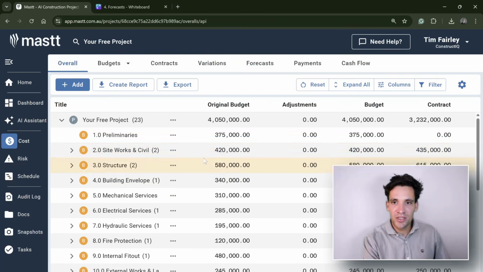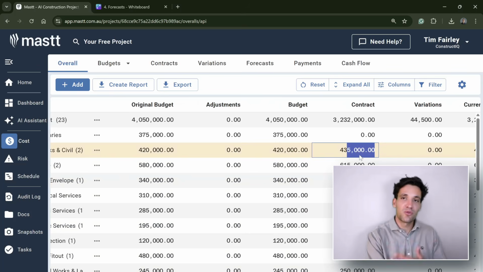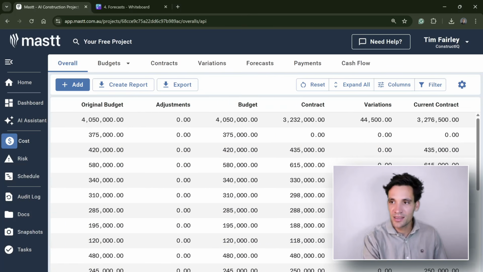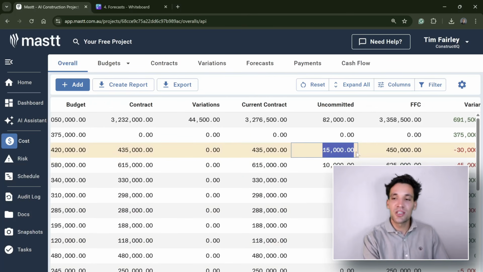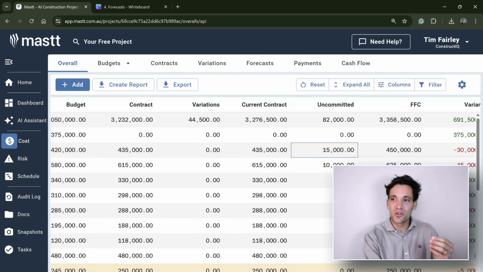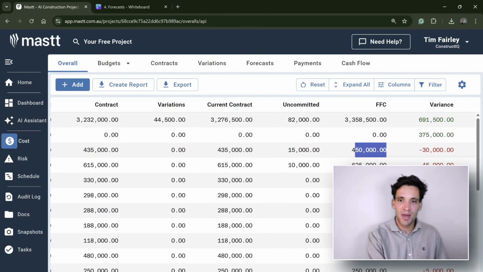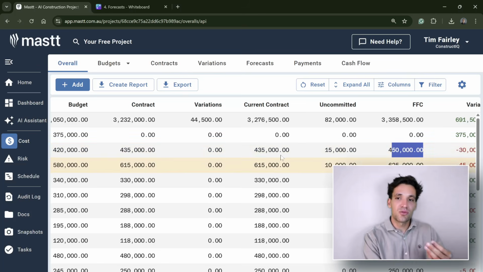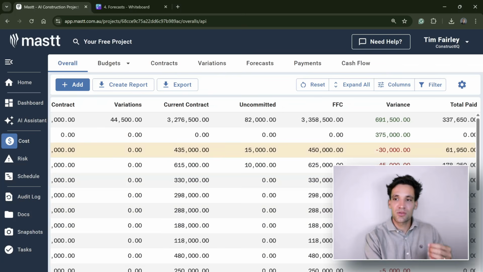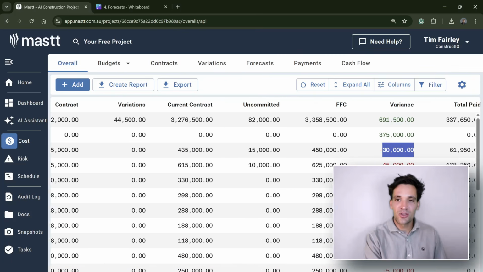And now if I look at my budget for site and civil works, we've got our original budget. We've got the contract value we let, which is $435,000. And then we should have gone through and reallocated budget based on our actual contracts. And then we have this uncommitted cost of $15,000, which is our forecast for potentially unknown ground conditions. So we're forecasting our final cost of $450,000 for that package, which is $435,000 of contract spend plus $15,000 for this unknown ground conditions, gives us a forecast final cost of $450,000 and a big red number of minus $30,000,